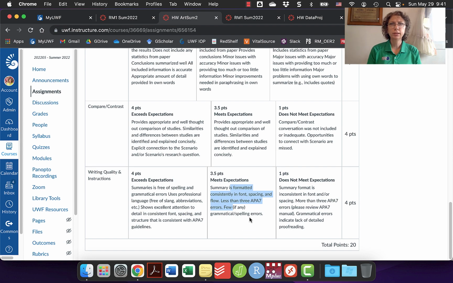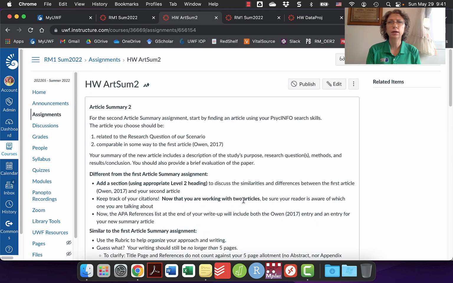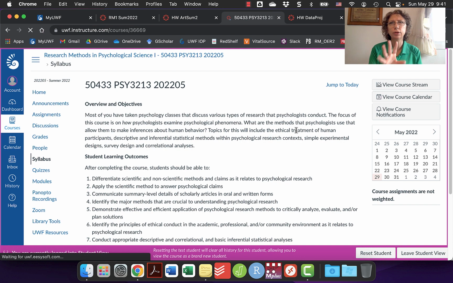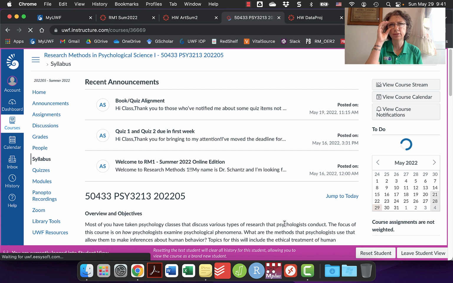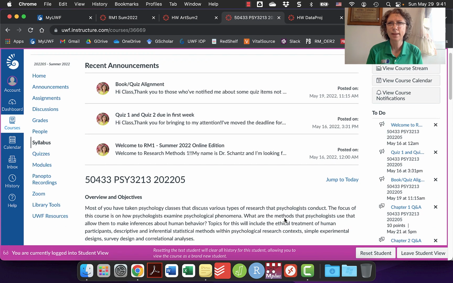Now, a way to do this really well is to go look at your feedback from Article Summary 1. I'm going to cross over to that. So if I go into Student View here, it should give me generally what your screen looks like. It's not always perfect, so if it looks a little different, it's because they need to do a better job of the student view. But if I'm pretending to be a student and I go to my grades area,